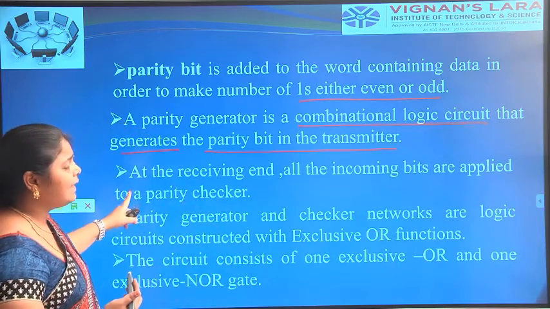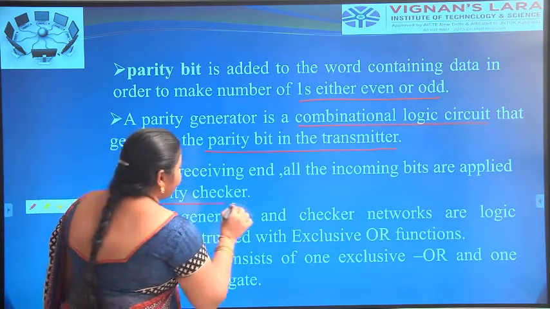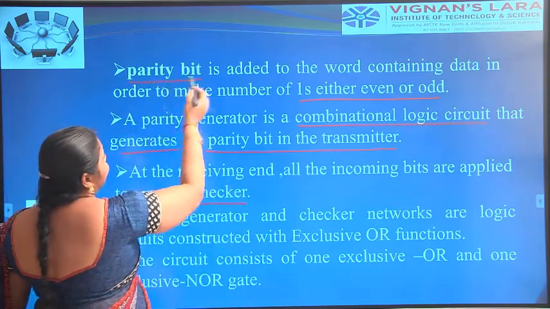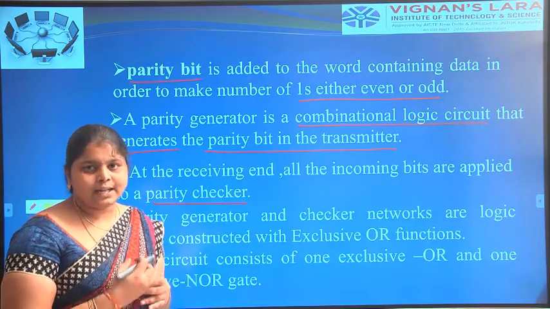At the receiver end, the incoming bit is applied to a parity checker. With the parity bit, we identify whether the data is corrupted or any error has occurred.